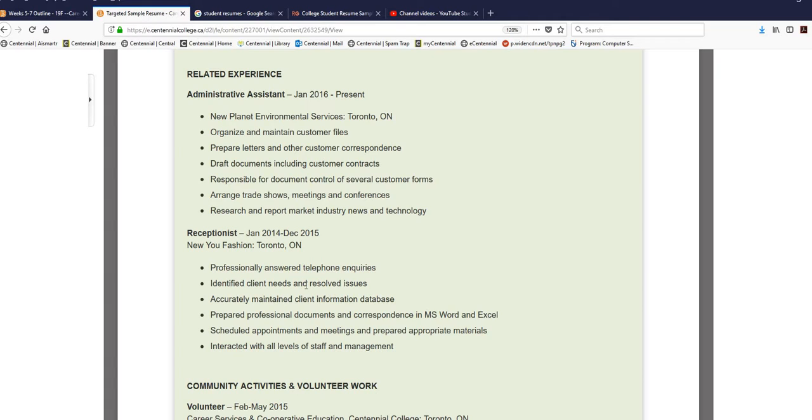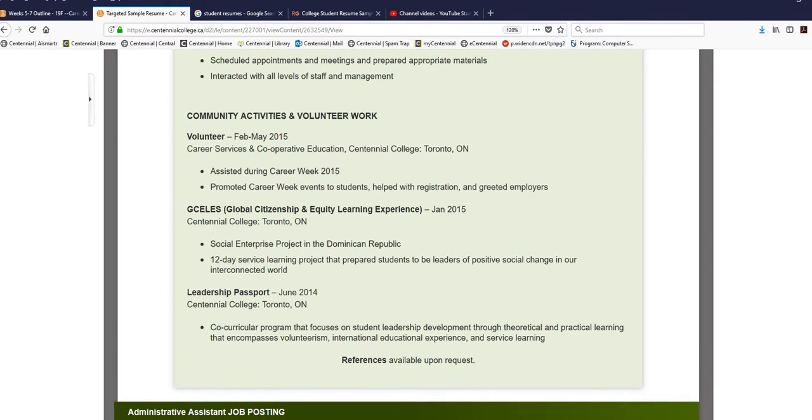The other thing that she does here is she's talking about her present position. Notice the verbs that she's using: responsible for, arrange trade shows. Those are present tense verbs, like this is what I do. I research, I arrange, I'm responsible, I prepare. But notice that the previous job, she's using past tense, like identified with a D, prepared, scheduled, interacted. These are past tense because she did them in the past. So you want to make sure you're doing the same thing. As you go back through time, you use past tense verbs, and when you talk about the current position, you